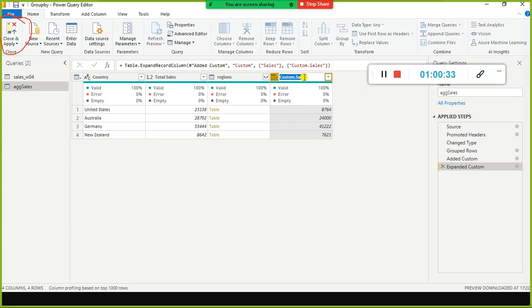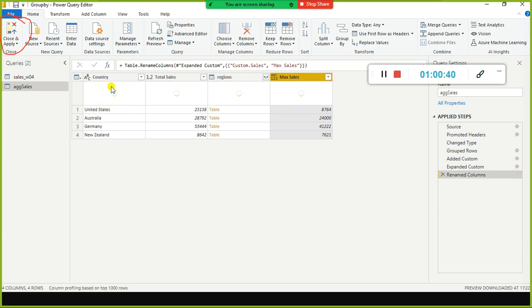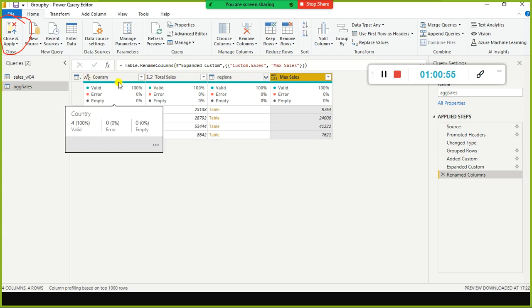You can rename it here. So maximum. What is the maximum sales in the United States? Ideally, you can use region also here. When you do the aggregation on country and region, you can see which region achieved the maximum sales. In that case, it makes sense. Probably you can try it out. In this case, I did the aggregation on only the country column. You do the aggregation or group by on country and region, so that within each country, you can see which region achieved the maximum sales. You can do it that way.